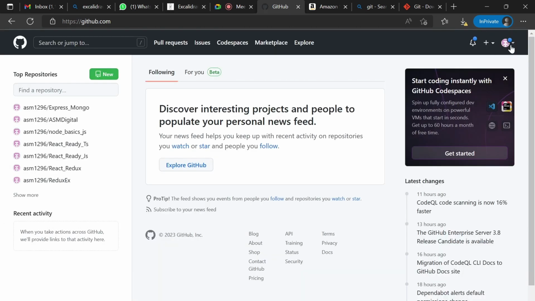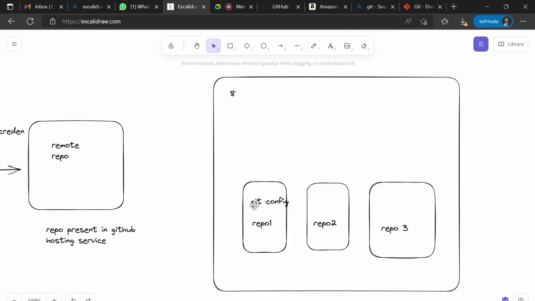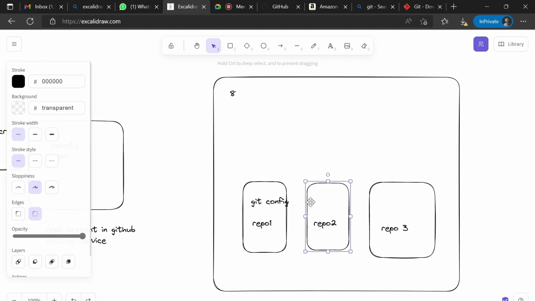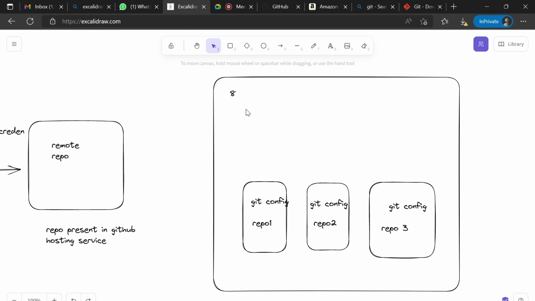If I am using my same GitHub account, asm1296, every time I need to configure my GitHub account related configuration and other configuration, which we are going to discuss. So all those configurations I need to create again. That's why it is better to create a Git configuration globally.